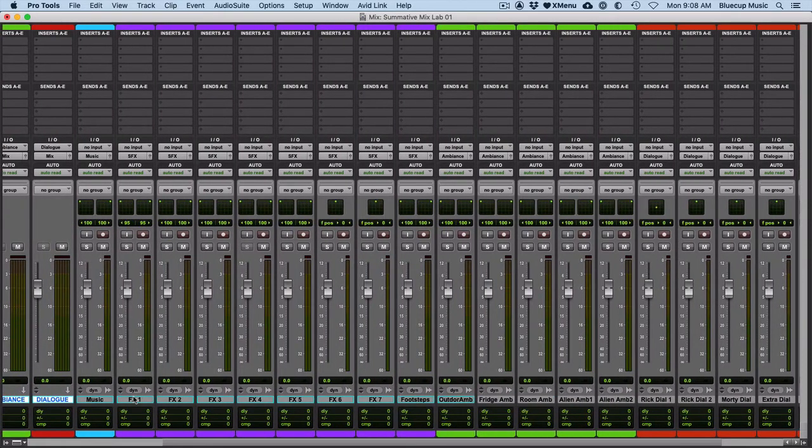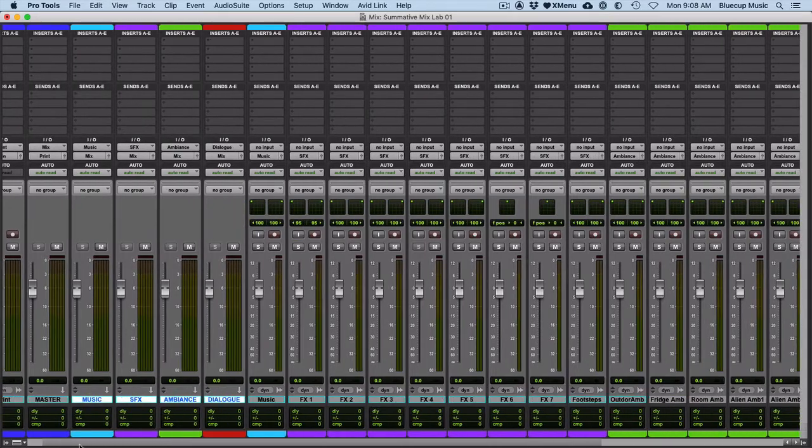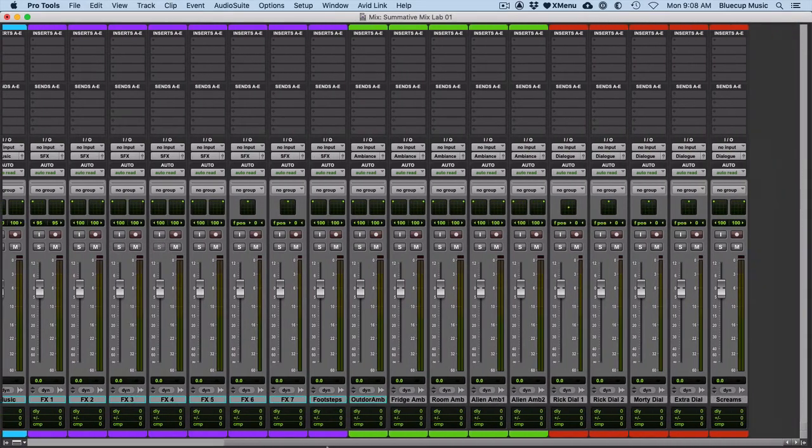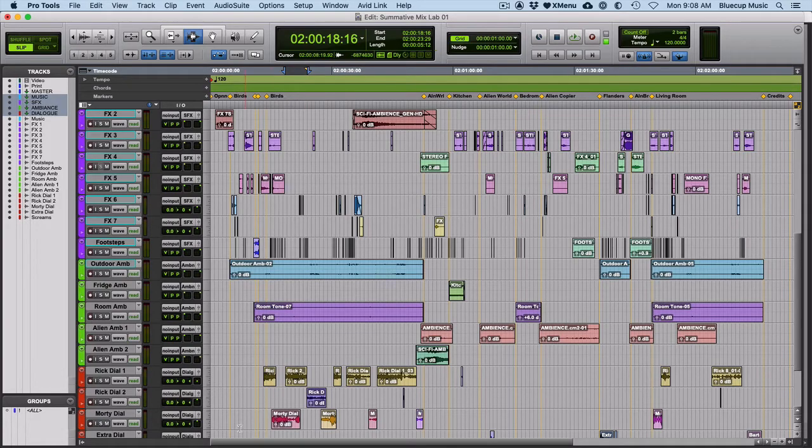All the tracks are already routed to these stems, and the buses are named, and they're colorized to match the stems. So you're pretty much set up. So what we need to accomplish in this video is some panning, and how to do panning and how to do reverbs in surround. So let's just grab a mono